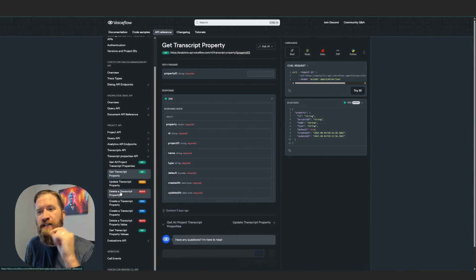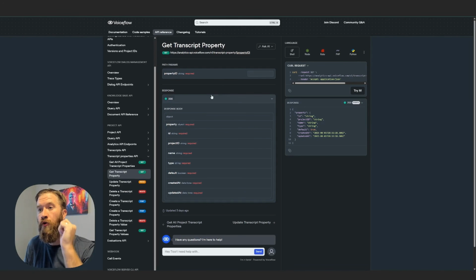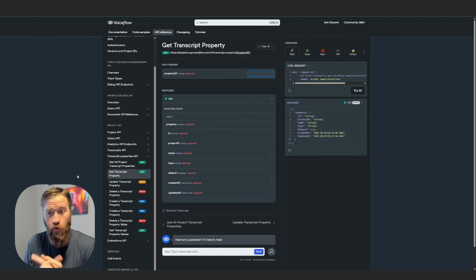So you can go and get individual transcript properties. Like if you wanted to get just the usage cost, that way you could start aggregating and making your own data on how much usage consumption is for this particular agent. Or maybe you want to get even more granular, which is this particular type of conversation. Let's see how expensive this is versus something else. There's just a lot of stuff in here that we did not have access to before, which is a win. It's a win for us because we can do more stuff now.